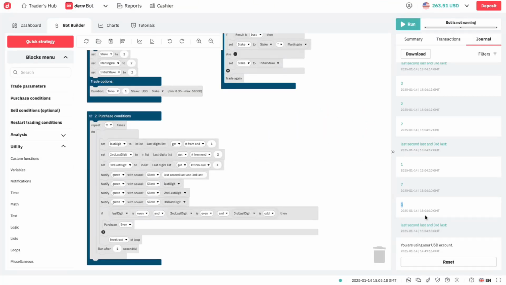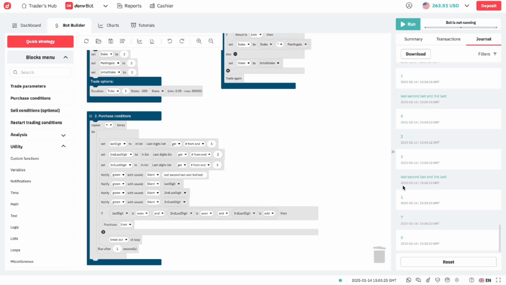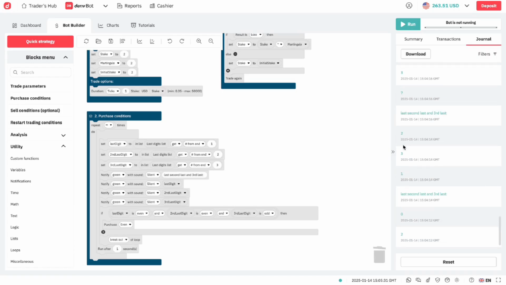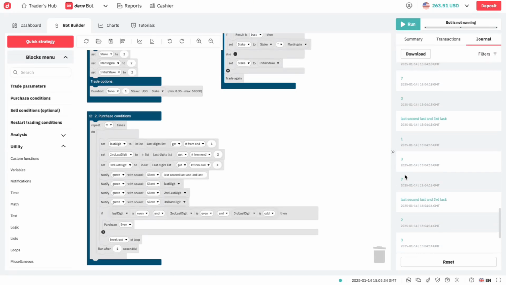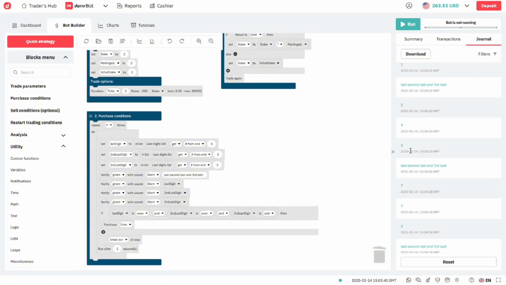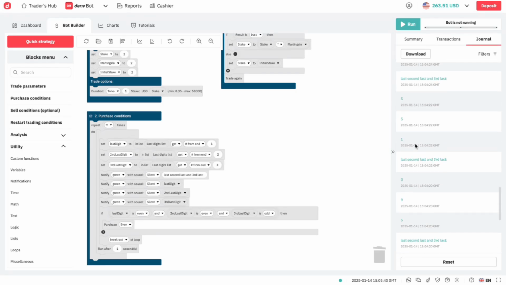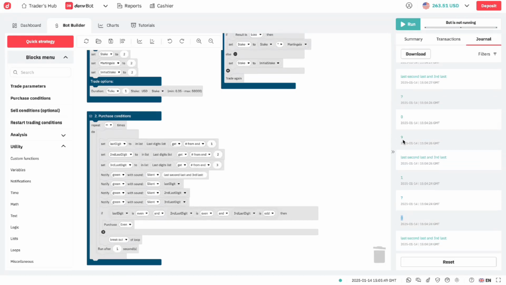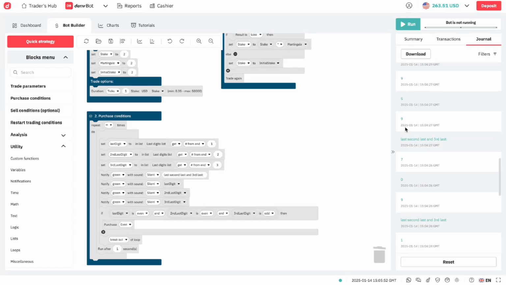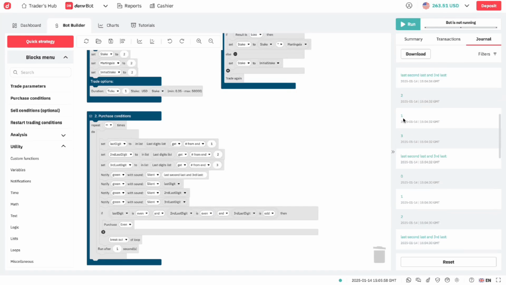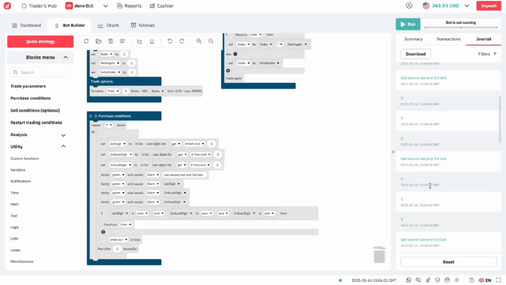So let's see. The last 0 is even, 7 is odd, so it didn't take anything. 2 is even, 2 is even, 0 is even, so it didn't take anything. 1 is odd, so there's no need to check that. 7 is odd, no need to check that. 0 is even, 7 is odd, no need, so it didn't take a trade. 5 is odd, 9 is odd, so it didn't take a trade. 1 is odd, no need to check that. 0 is even, 7 is odd, didn't need to take a trade. 9 is odd, so didn't need to take a trade. 9 is odd, 0 is even, 9 is odd, 2 is even, 1 is odd, 3 is odd.